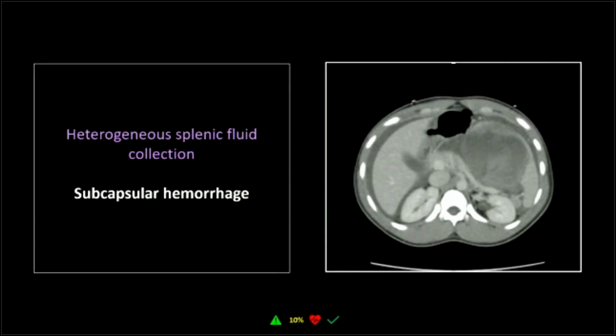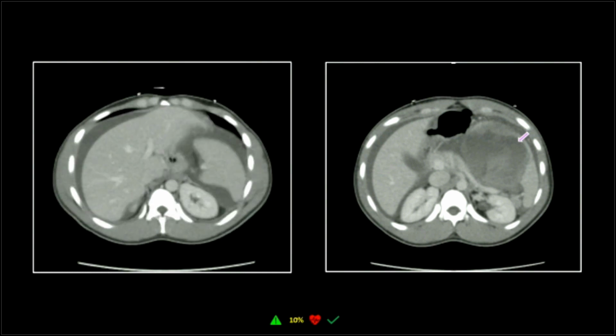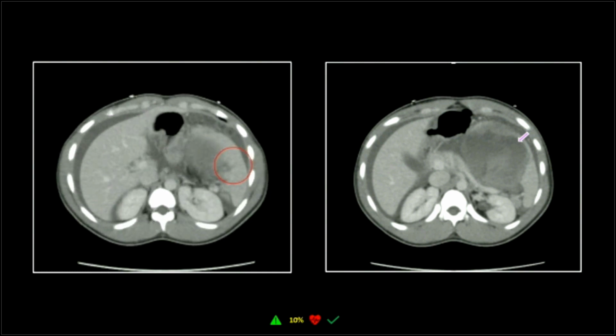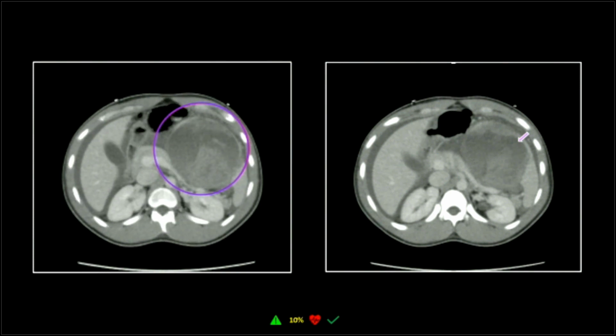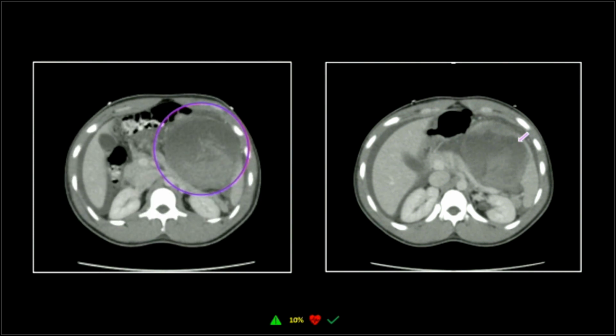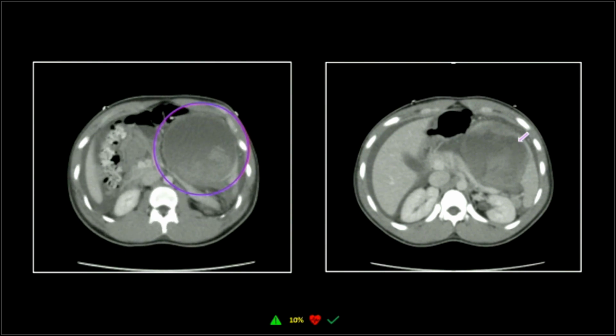All right, this is a subcapsular hemorrhage of the spleen. It's kind of similar to that duodenal hematoma that we saw before. This one's contained by the capsule. It just gives you a sense of just how much the capsule of the spleen can stretch. You can see the irregular lacerations there on the hilar aspect of the spleen. Look at that clot